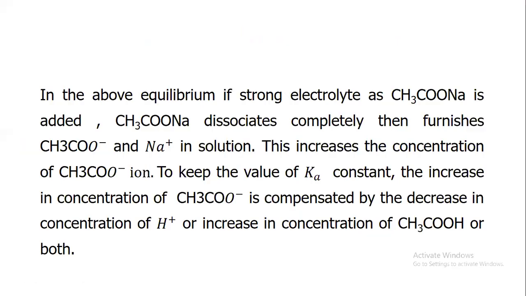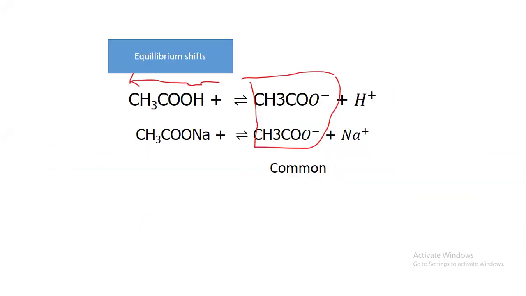In the above equilibrium, if the strong electrolyte sodium ethanoate is added, sodium ethanoate dissociates completely and furnishes the ethanoate ion and sodium ion in solution. This increases the concentration of ethanoate ion. To keep the value of K constant, the increase in concentration of ethanoate ion is compensated by the decrease in the concentration of H plus, or an increase in concentration of ethanoic acid, or both. For equilibrium,